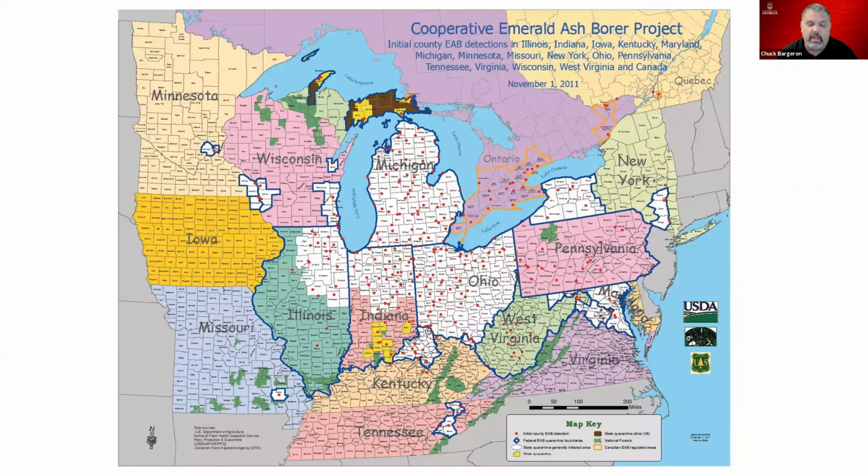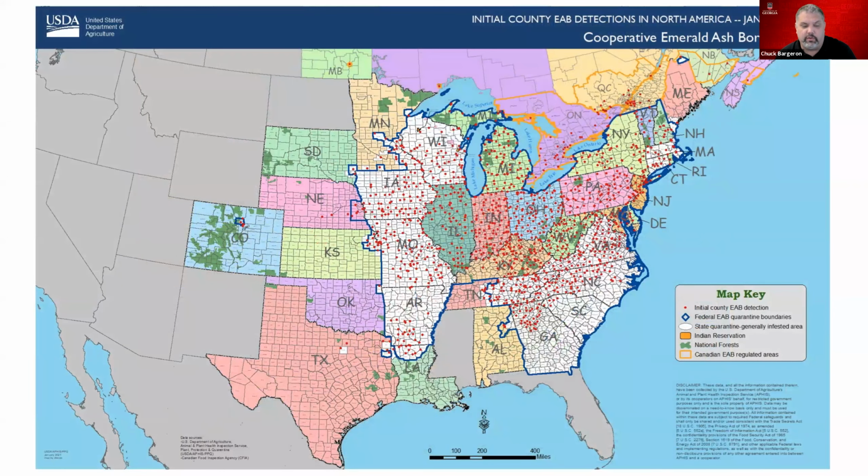And so just to understand the spread of this, I think it was 2002 when it first came in. Here was kind of where the distribution was in 2011. You were starting to see it in Minnesota, Missouri, and down in Tennessee. And then you jump to now, and we've got it all the way down into Georgia, and there's populations all the way in Colorado and into Texas, and it's pretty widespread through Missouri and Iowa now.